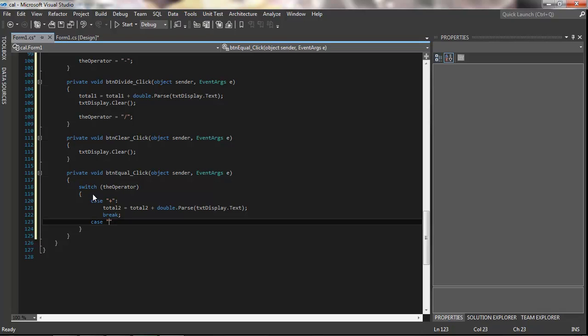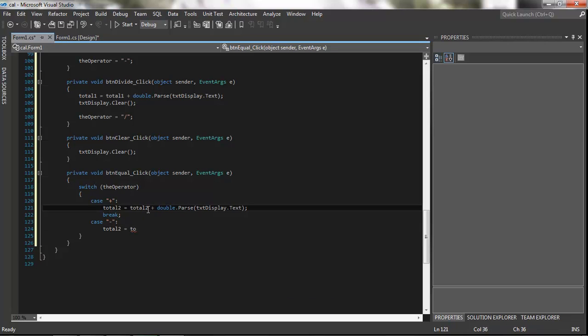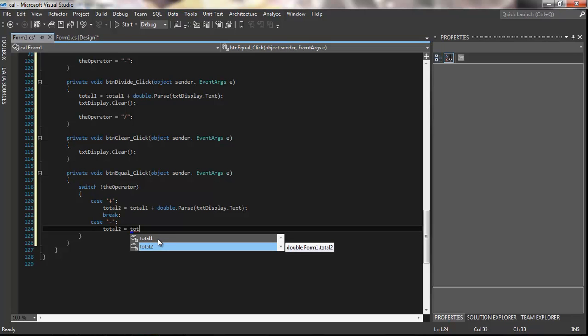Case, no, change the sign to subtraction, put a colon, total 2 equals. Oh, and don't make the same mistake I did when I first did this. I accidentally put total 2 twice. You have to make sure it says total 2 equals total 1. Total 1, you can spell that right. Total 1 subtract